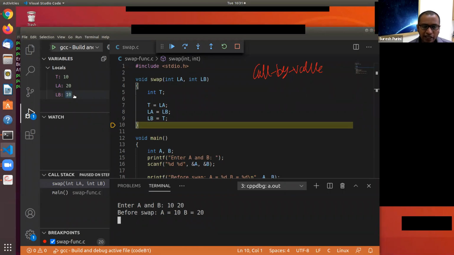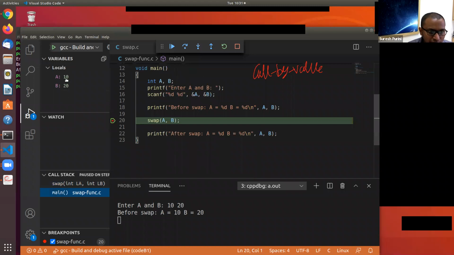But this has got absolutely nothing to do with A and B in main. If you go and see A and B in main, they still contain 10 and 20. They are not changed. Are you all with me on this? Do you see the observation? This is very critical. A and B are still 10 and 20.